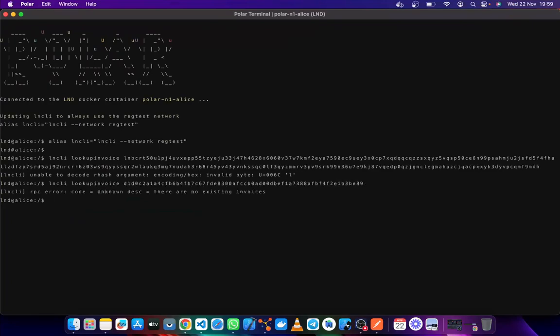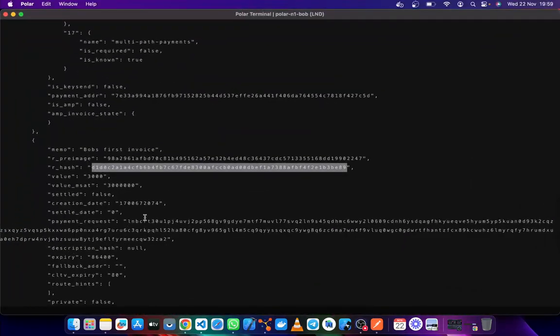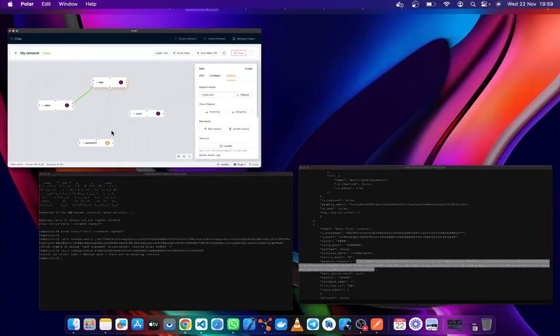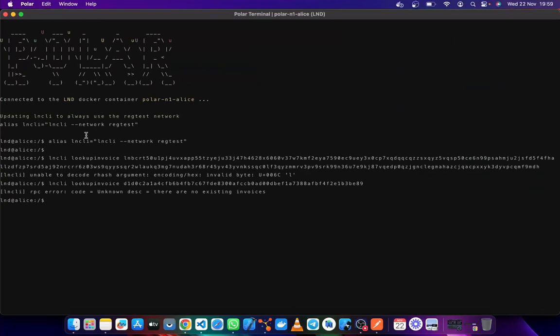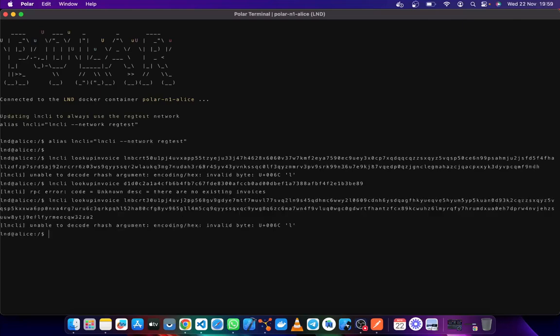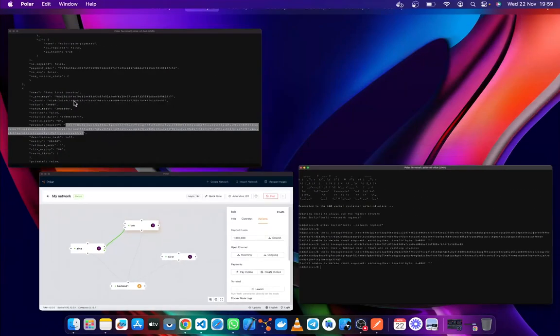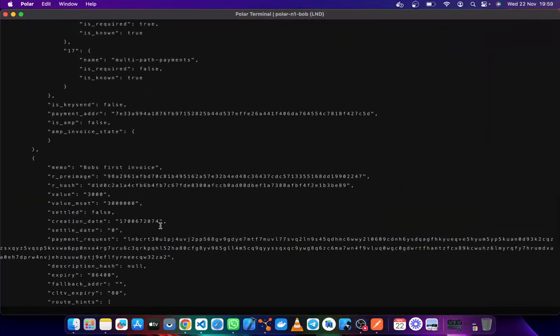Fingers crossed, and that does not work. Okay. Use the payment request. lncli lookupinvoice. Whoa, I don't know why this is not working, but anyway, you get the idea.